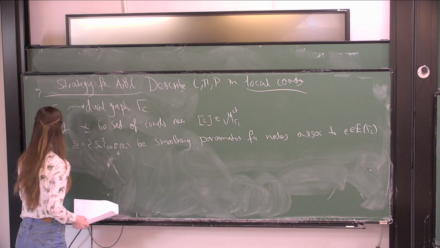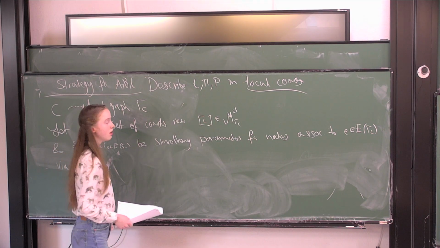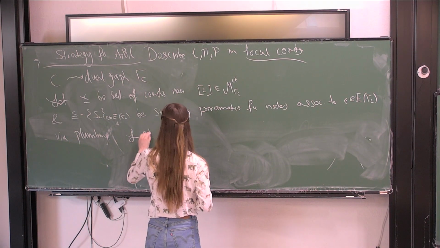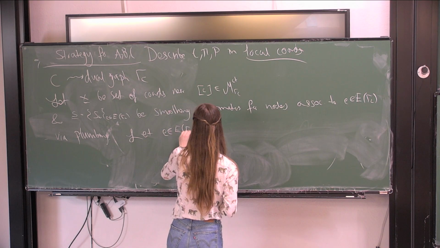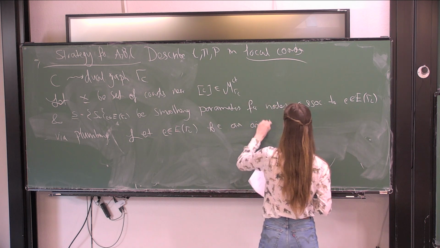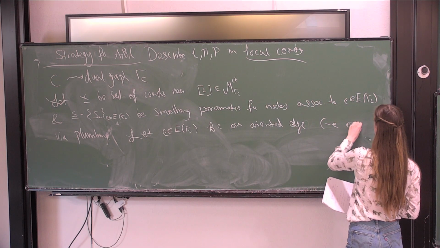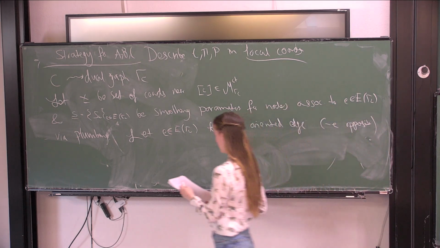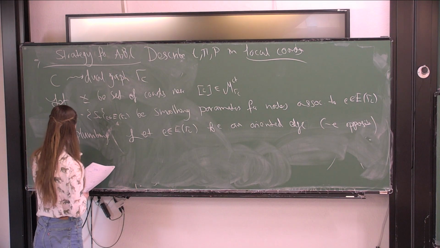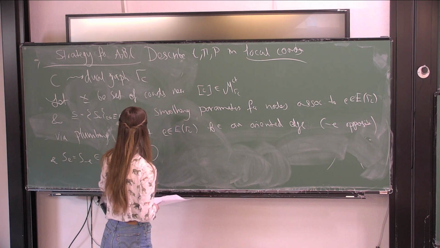By a construction called plumbing. So the way this works is that you take an edge at a time, or you take an edge in the dual graph and you take an orientation, and let minus e be the opposite orientation. And you choose a value for the smoothing parameter. So then, when you have this curve C that you want to smoothen out,